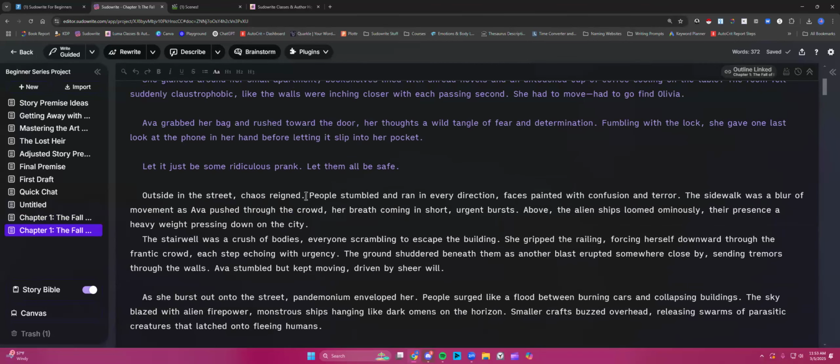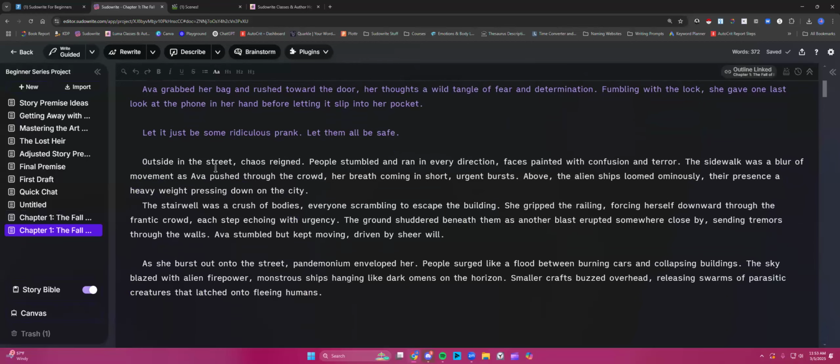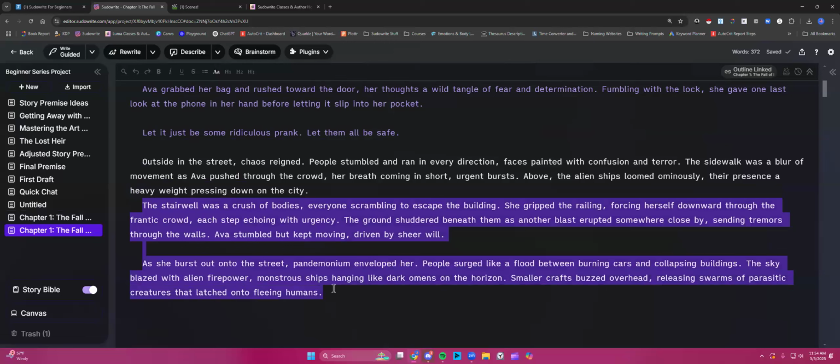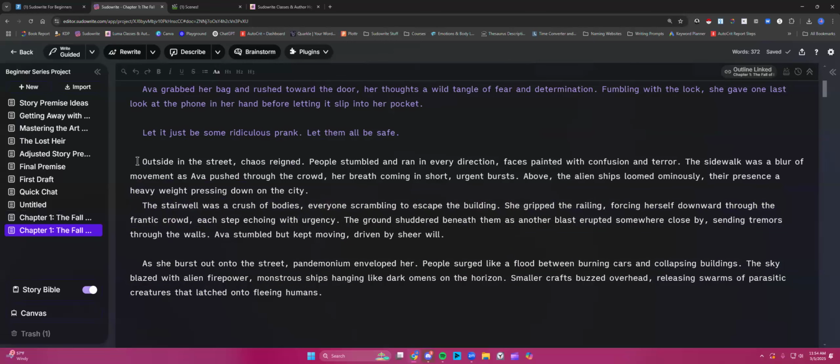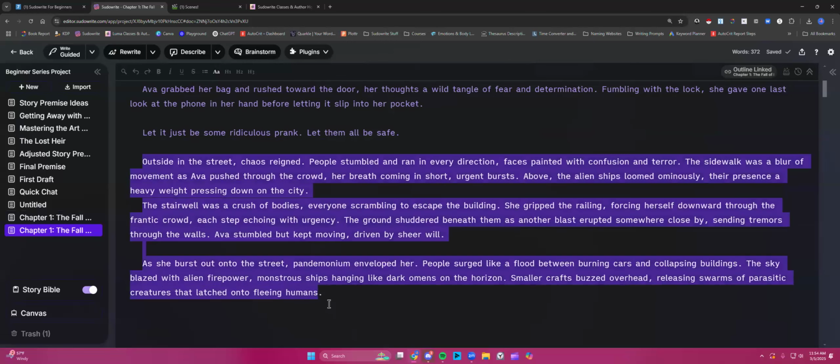Okay, so all I did was I combined a couple of portions of cards, but if you see, they're kind of out of order. So she's outside in the street right here. And then here she's in the stairwell of her apartment, and then she burst out into the street. So I'm going to highlight this,